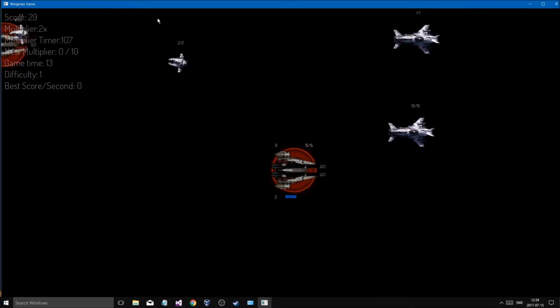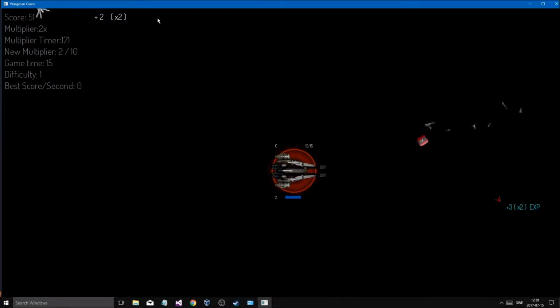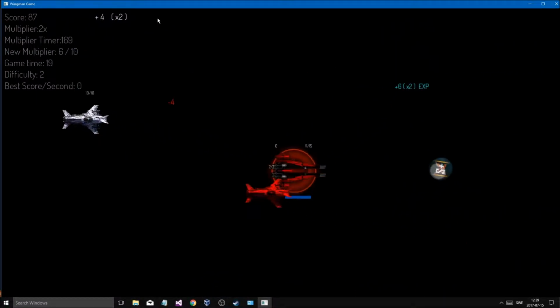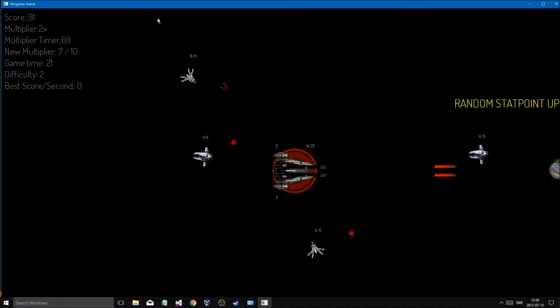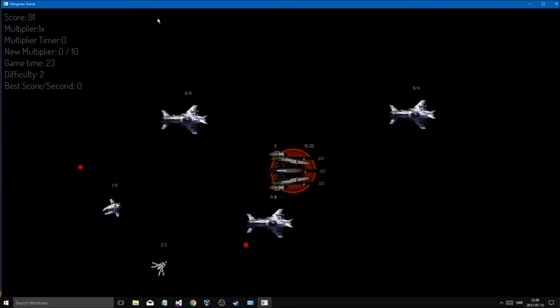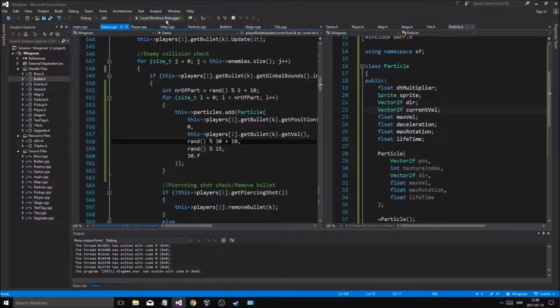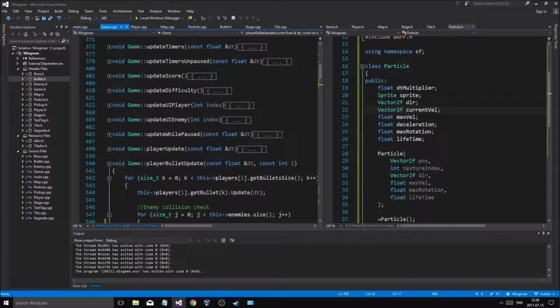That's kind of nice, but see how they just disappear? I don't know what I think about that, but we'll have to handle that later. If I get the third one, this is gonna be sick. Bunch of particles. What we have to try now is go into game